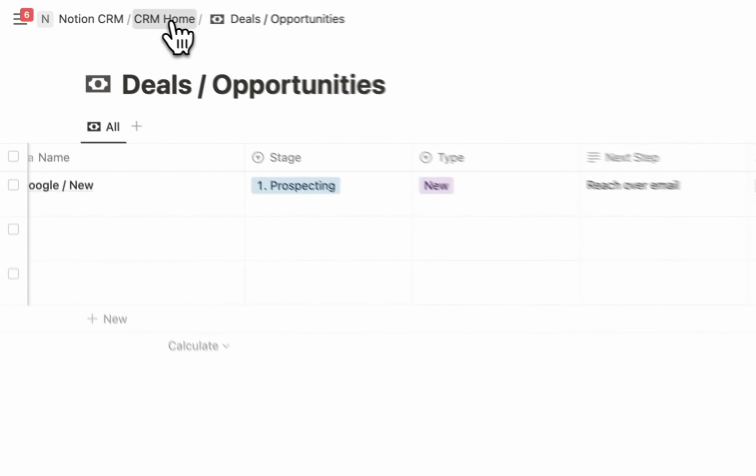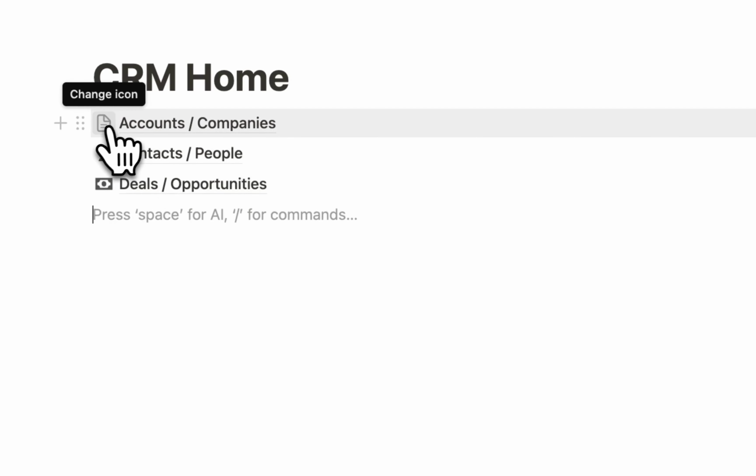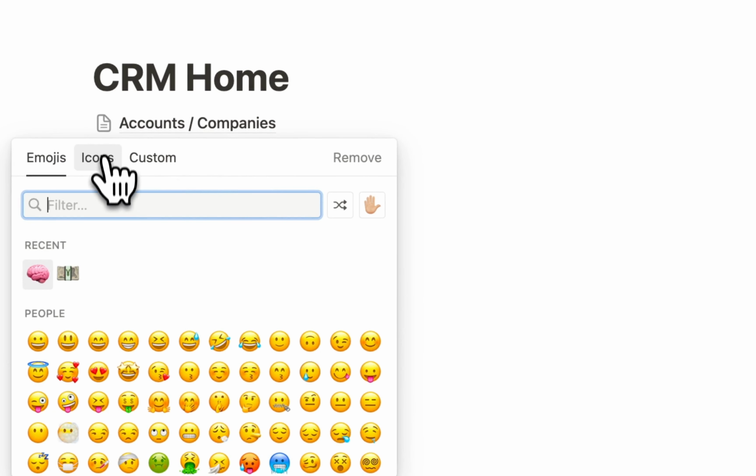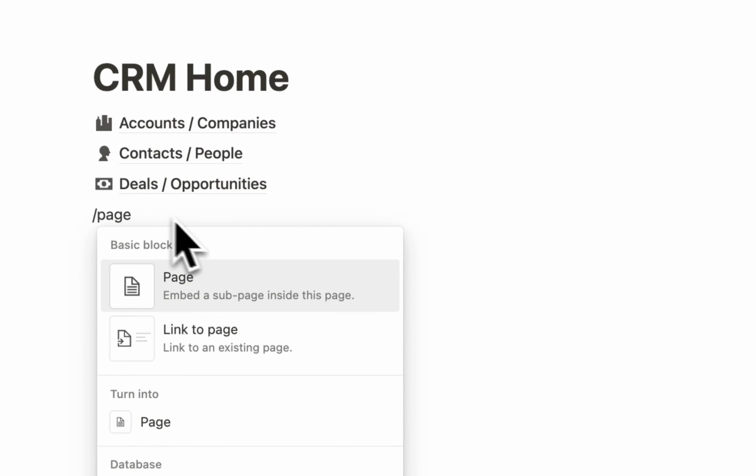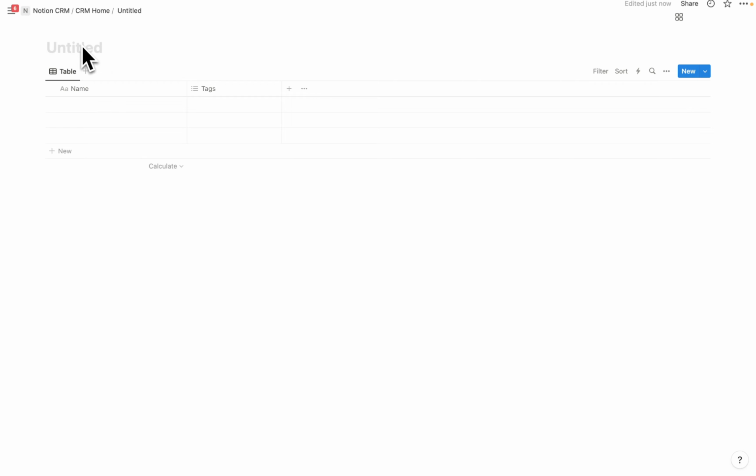So let's go back to the CRM home. And while we're here, I forgot to change this icon. If you haven't changed it already, to make it a little bit nicer, let's add that cityscape. And then I'm going to create a page, and then on this page we're going to create a new table, and we are going to name this one